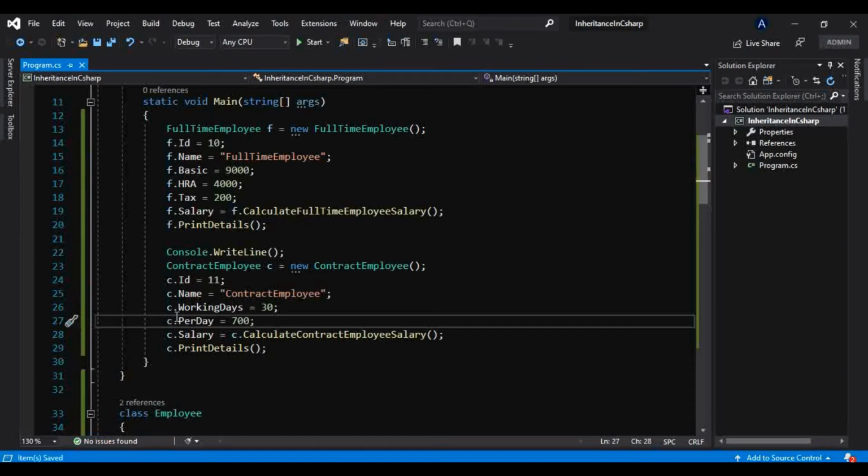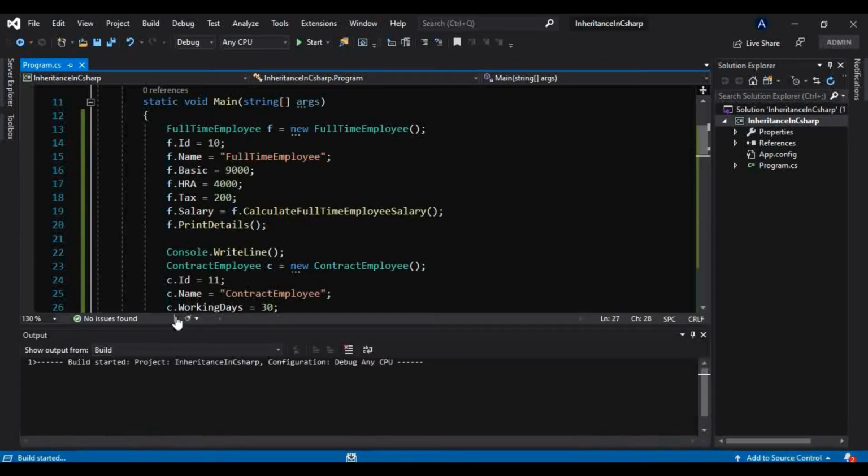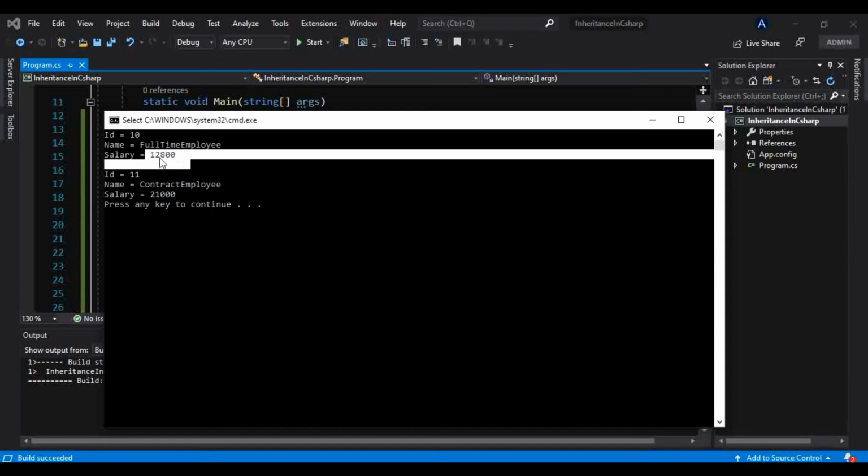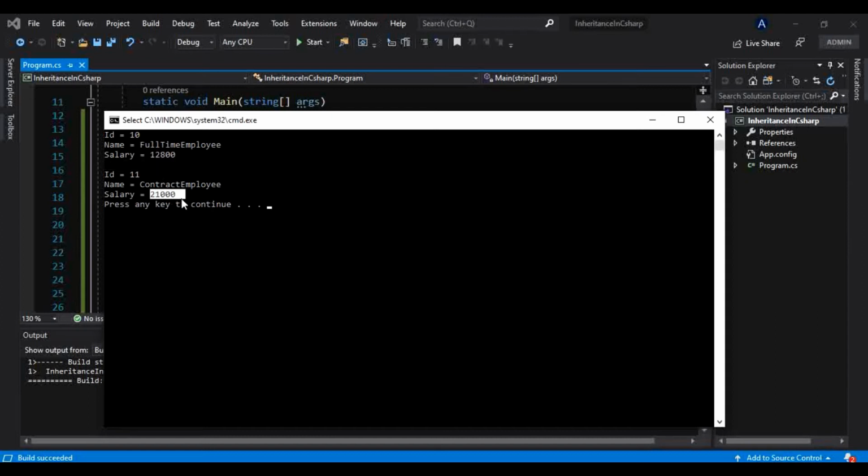And now if you run, okay, so salary of this full-time employee is 12,800, and salary of this contract employee is 21,000.